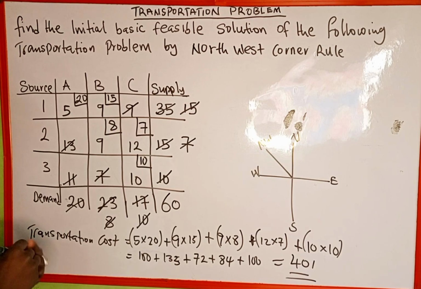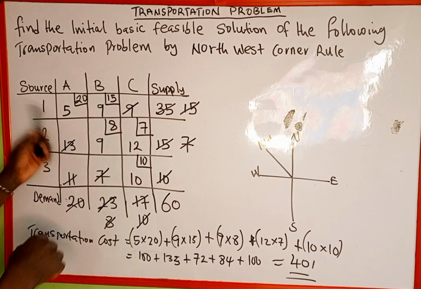So this is how to use the northwest corner rule to find the basic feasible solution of a